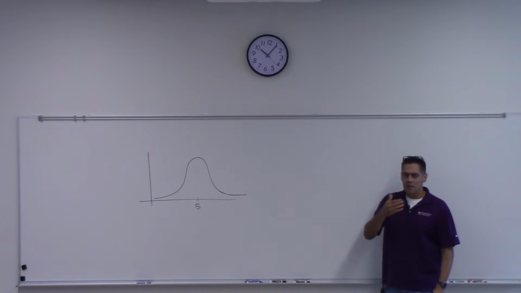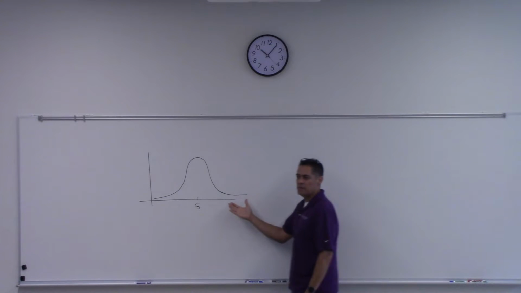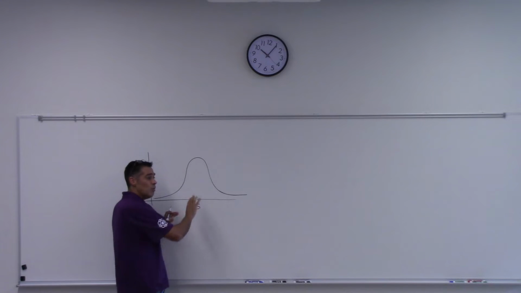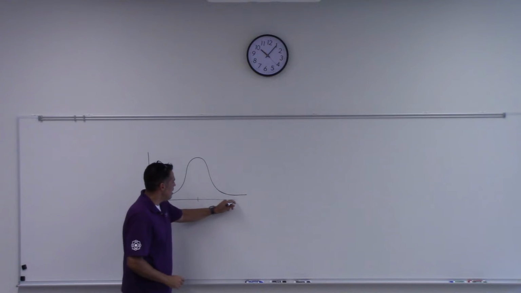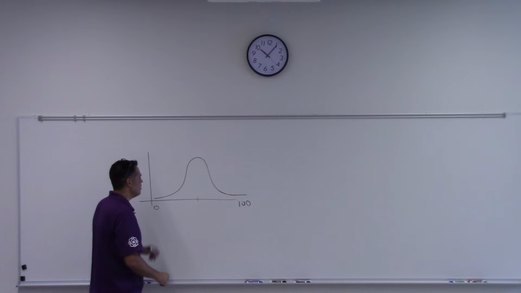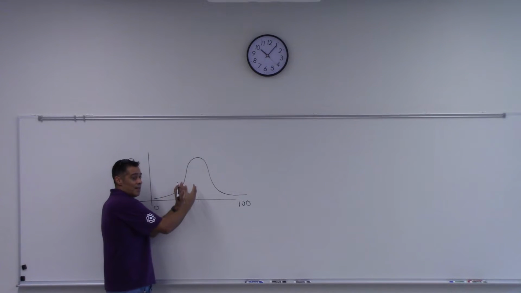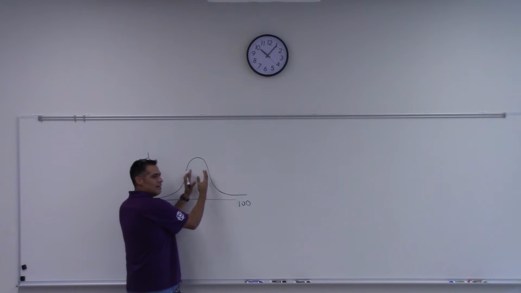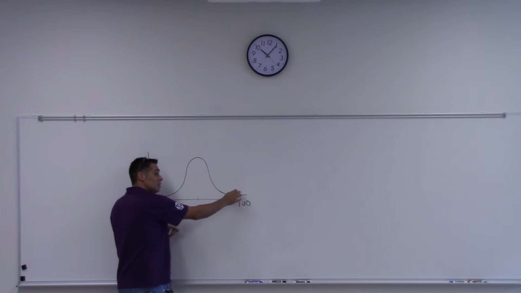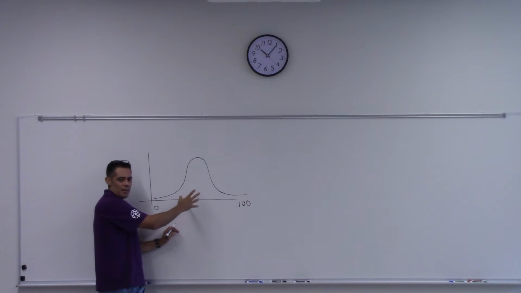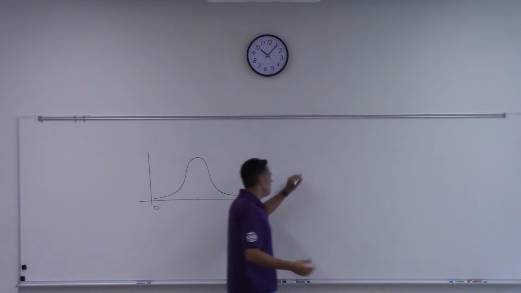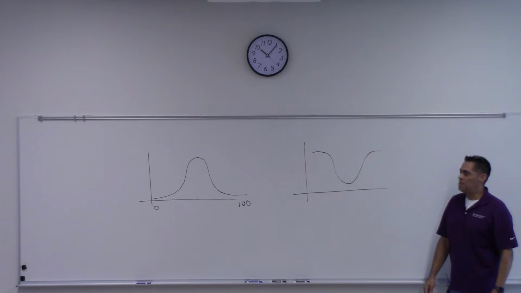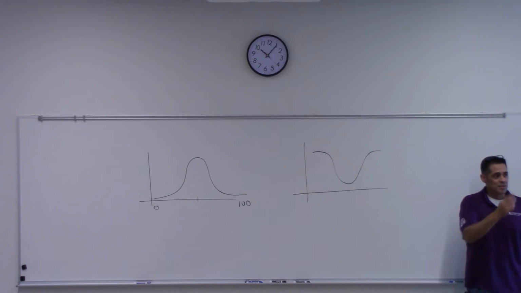In a class, when I look at grades, I always hope to see this. Everyone's kind of together, and then you've got a few people who really do well on a test. So if this was grades, and this is 100 out here and this is 0 here, you hope to see everybody together. Whether this hump is further this way or further this way, I like to see this shape: a few really good, a few really bad, everyone else together, right? That's not the case. In math classes, it's never that. It's always this, which is basically the upside-down bell curve,